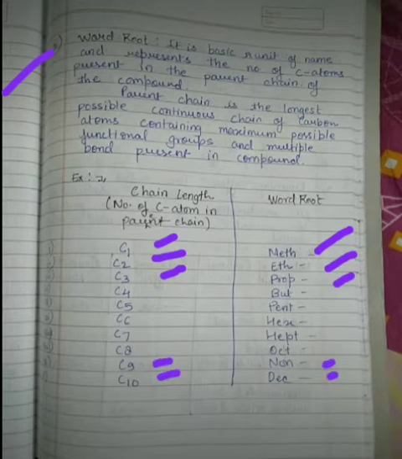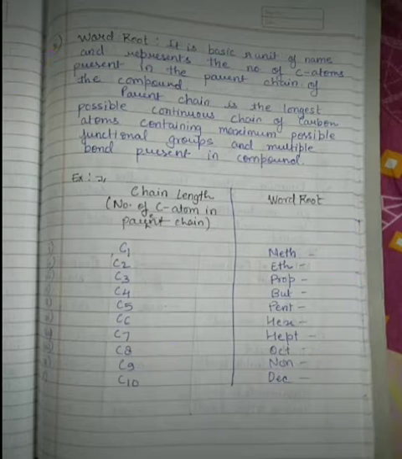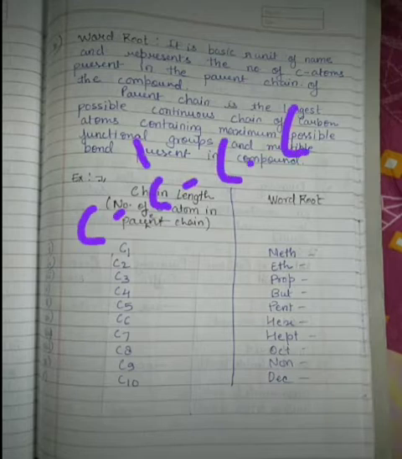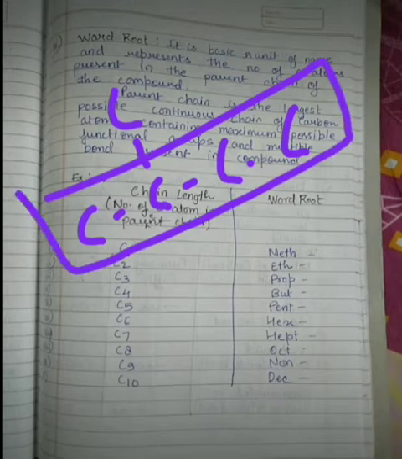For 9 it is non. For 8 it is oct. So this is the word root. And what you have to see here is that suppose there is a compound C. I am not balancing it, you will balance it. For this you have to firstly select the parent chain. Selecting the parent chain, it will be the longest chain, where the functional group should come, multiple bonds should come, and it should be straight. Sometimes it may be L shaped, but basically it should be straight. So students, suppose this is the parent chain. You don't have to count the overall carbon, you have to count the carbon coming in the parent chain.